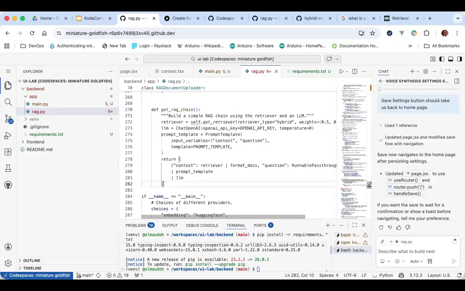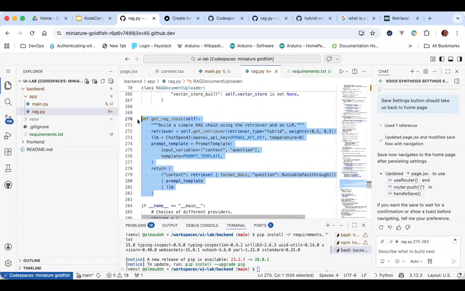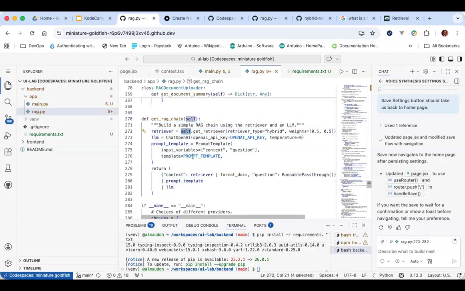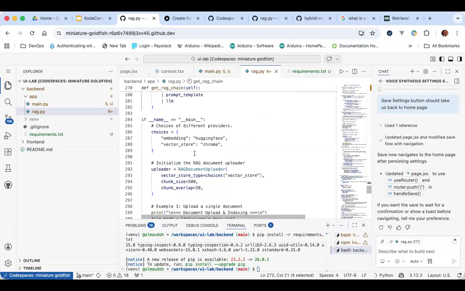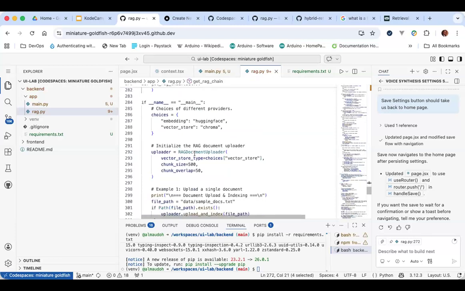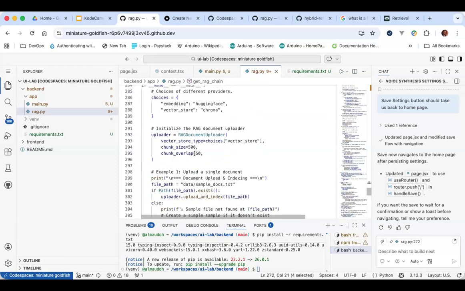Basically everything, well, okay, it's done this. So it's not self or get retriever. Oh, I'm sorry. Okay, self. No, this should be on its own. So yes. So I need to do a